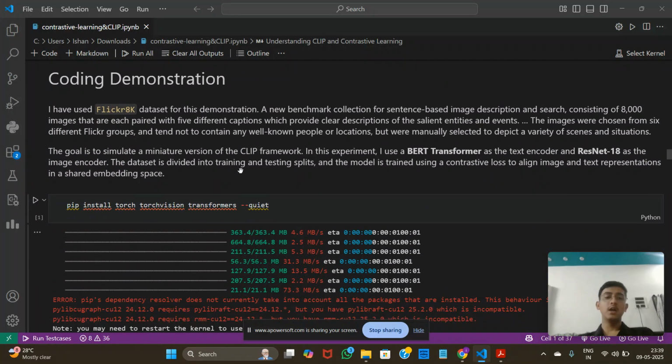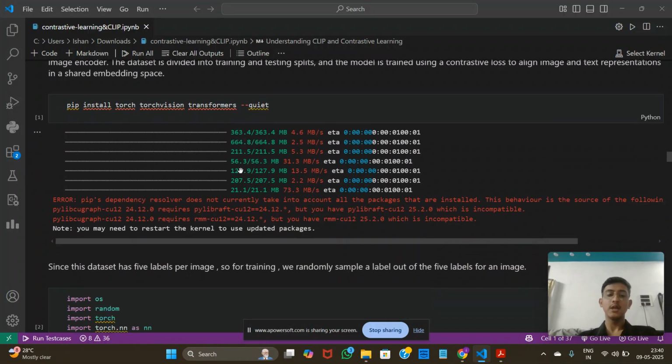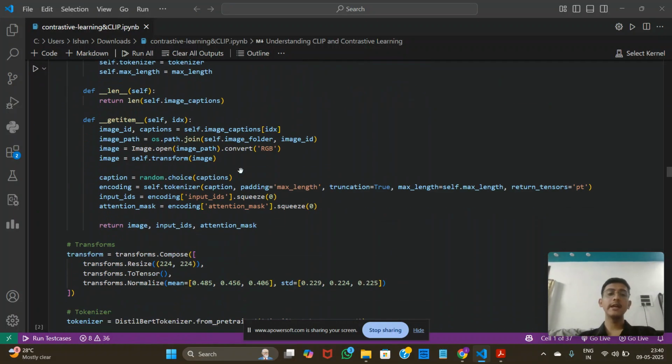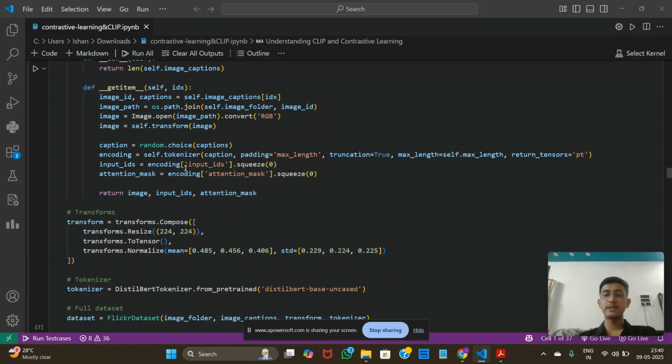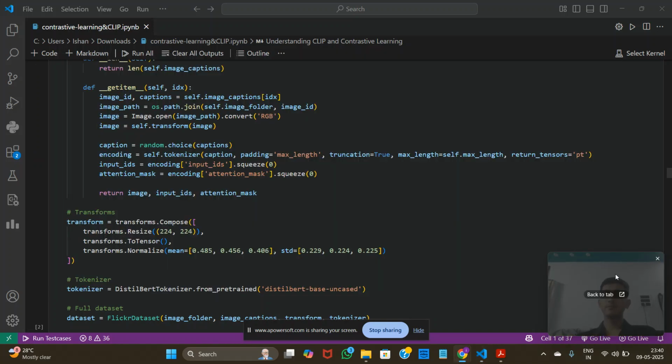For the coding demonstration, I tried to create a miniature version of CLIP. For this I used a dataset called Flickr8K. In this dataset there are 8,000 images and 5 corresponding captions available for each image. So what I have done is that I have created a dataset in which, for each image, I have randomly selected